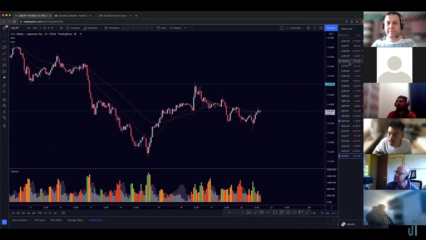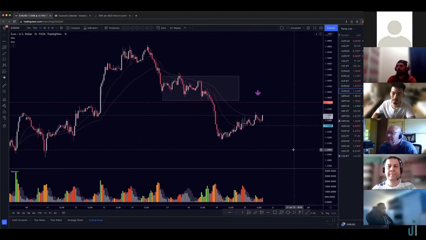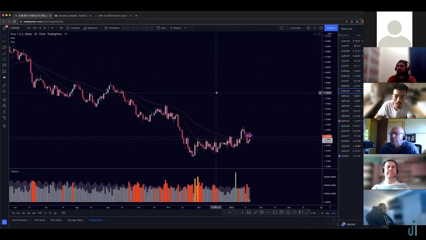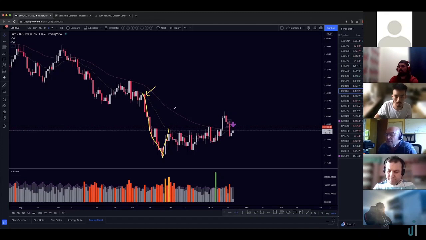Lila? On the daily Euro USD, you said that wasn't a primary. I didn't understand why, really. Euro USD? Okay, it's not this piece, not primary. So we have to look from here as we go down, down, down. And then here it sort of started to pull back, right? Sort of started to pull back, but because there's not much slowdown, we would expect price to come up here,